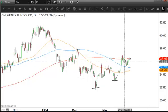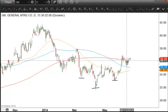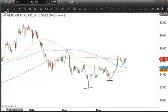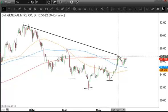At the moment, the stock is trying to get back over its 200-day moving average, which hasn't been a great indicator for the stock. But the fact that the stock is now consolidating below the 200-day moving average, or right at it, is actually to me quite constructive. We can then take this a step further and start drawing some very basic resistance lines,